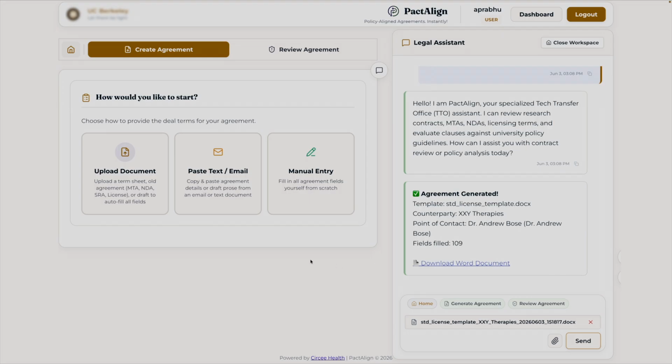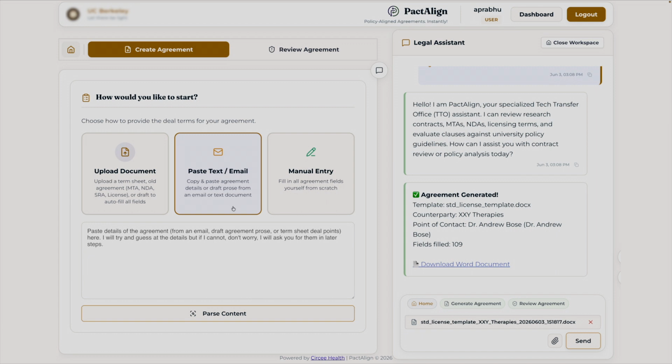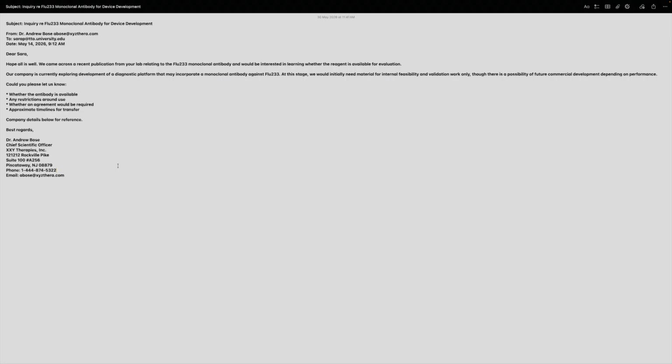Let me show you another way, which is also quite common. It happens to us all the time. So if you click on paste text or email, oftentimes we get an email from somebody saying, so-and-so, I'm looking for a particular material. Do you have that? And it's for research purposes. Can I have access to that material? So let me just show you a typical email that we receive quite often at the tech transfer office. So here is a typical email